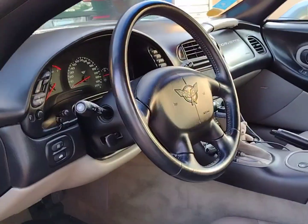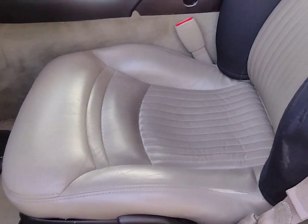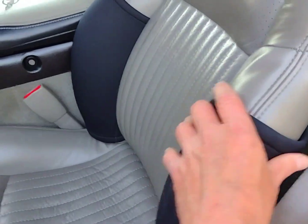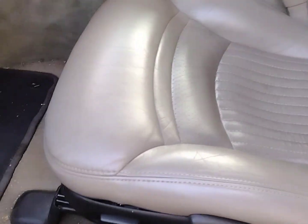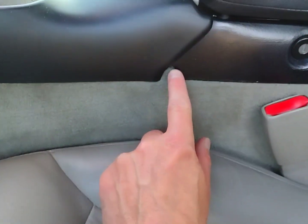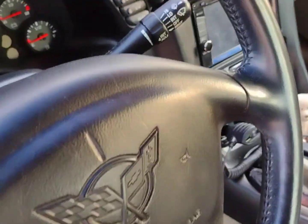Yeah, you know what, I can't argue sometimes about the quality of the interior. The seats are prone to rip because the material is thin. There's also a seat rocking issue that's easily fixed. This one doesn't have it. The plastic can become brittle and crack because there's no heat insulation in this car